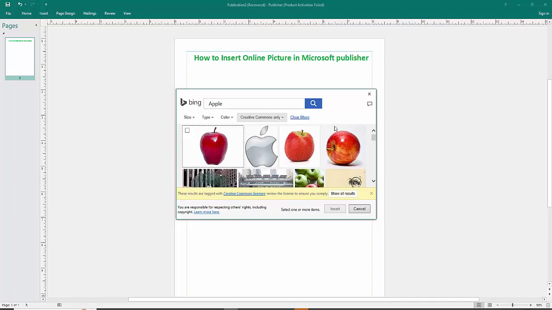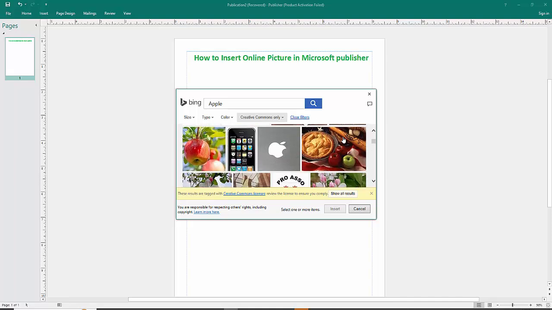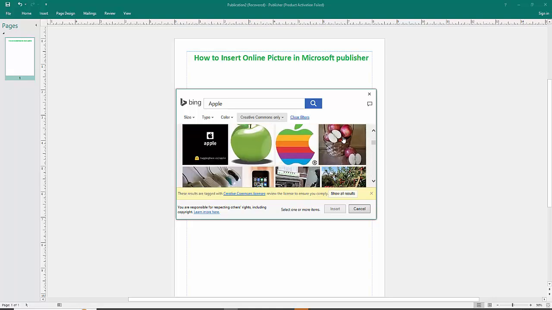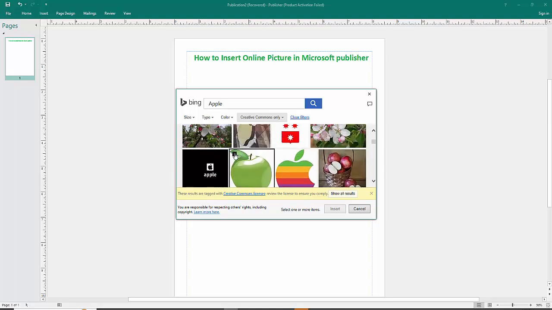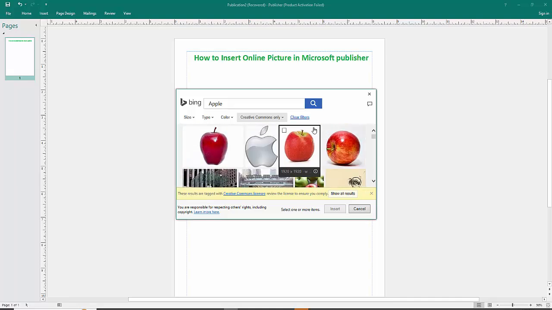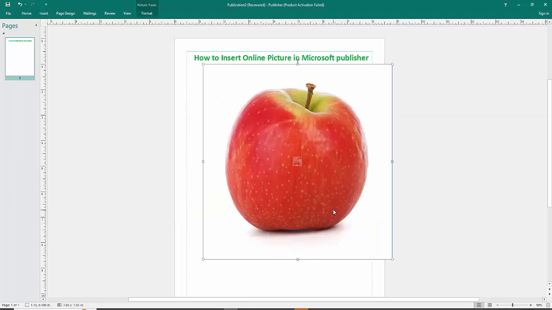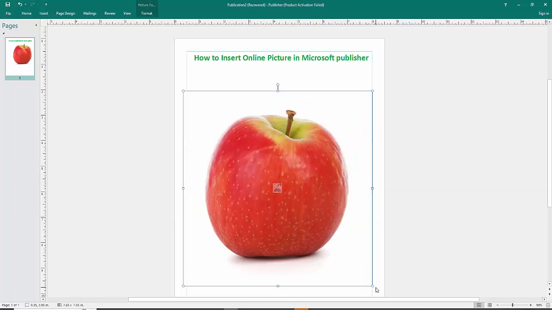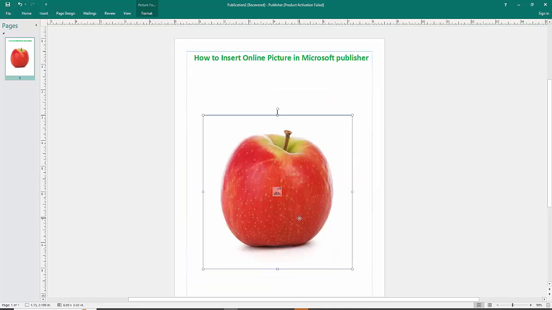Now you can see the new interface showing many images of apples. Now select an image. Now click the Insert option. Now wait for it to finish. Now you can see, inserting an online picture in a Publisher document is very